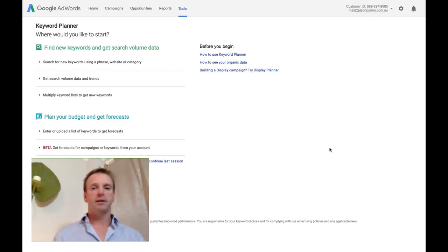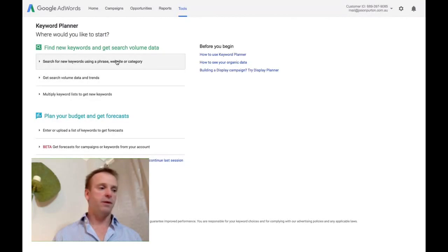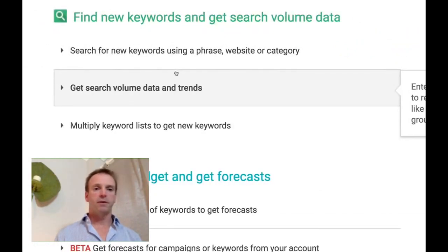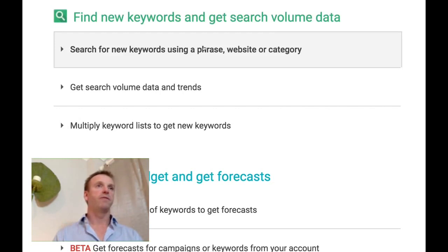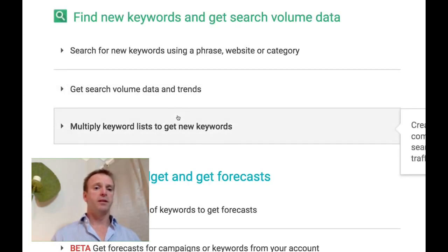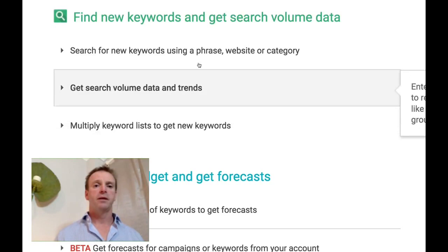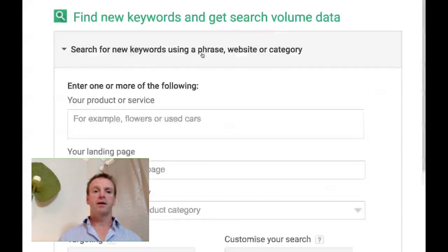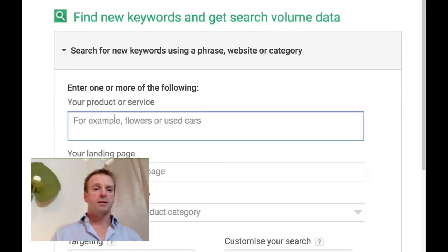You can jump in and do whatever you like, but we'll make this a bit bigger so that everyone can see. So search for new keywords using a phrase, a website or category, get search volume, and multiple keyword lists. So if you're looking for new keywords, then this is where I'd recommend you go. So let's go back in here and we'll choose a different one, and we might choose a financial services company. So let's say you provide home loans. So if we go home loan,